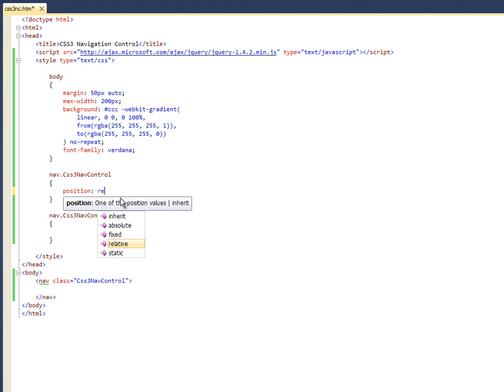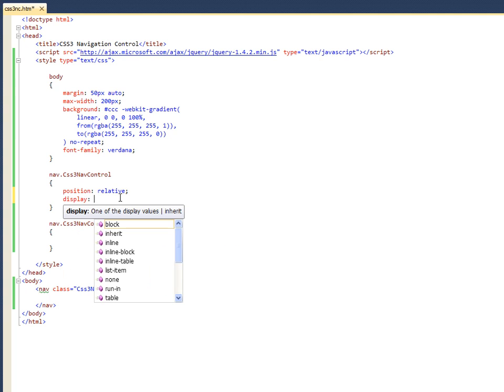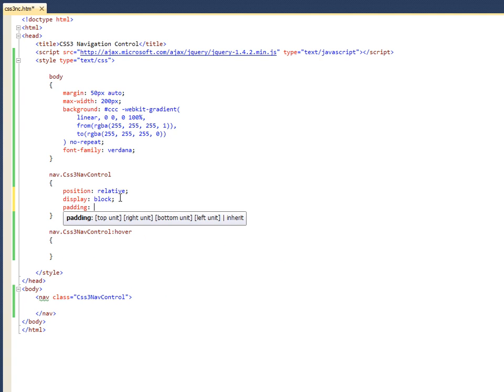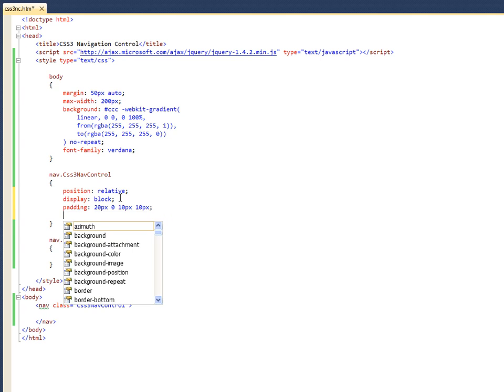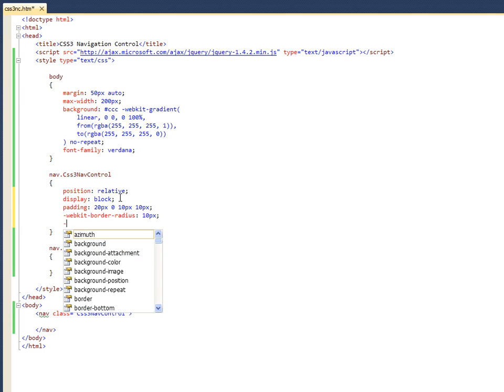We need relative positioning, we need a block element, we need some padding, and we need a border radius. And a box shadow